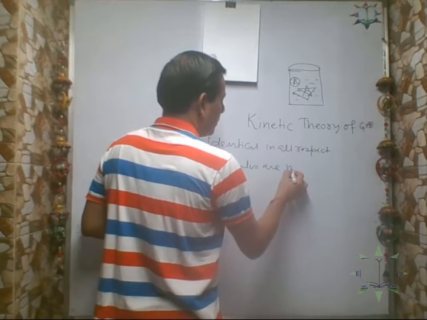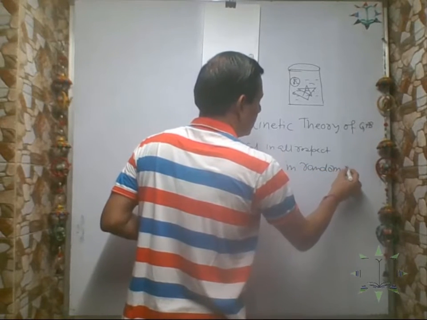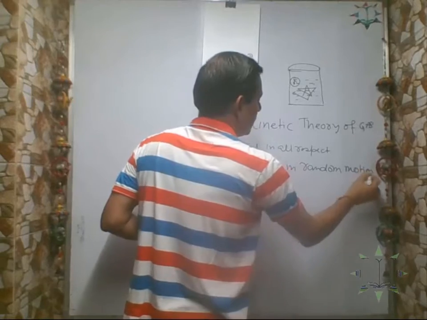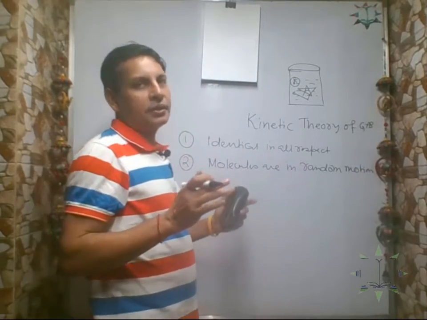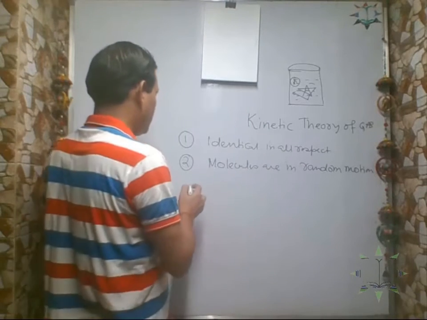So the molecules of a gas are in continuous random motion. They are moving in all possible directions with different velocities. Okay. Third,